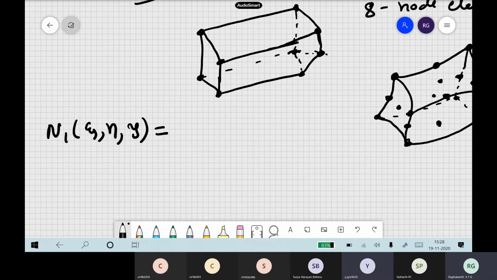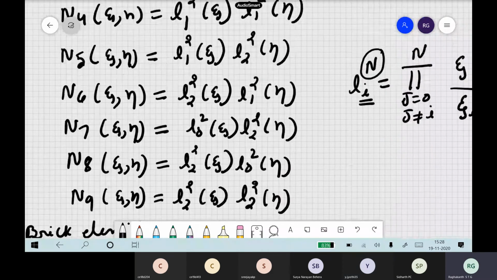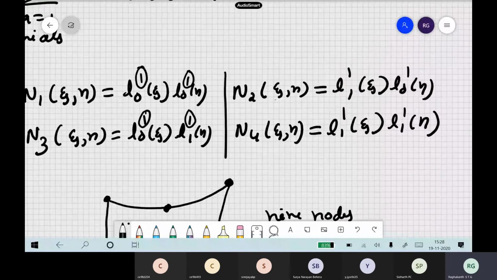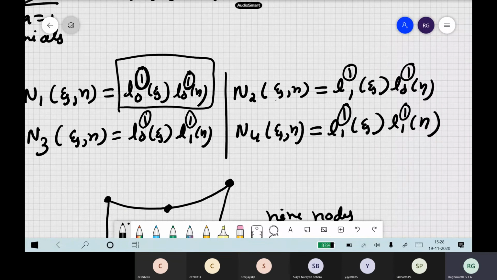See, for this linear, we can take linear. No, linear means what is the notation here? See here for 2-dimensional linear elements, how did we write here? A product of. You remember what is the order here? Order is 1, sir. So now that's what I'm trying to say. Okay, so here, because it is in 3D, you will have a product of 3 terms, one psi, one eta, one xi also.